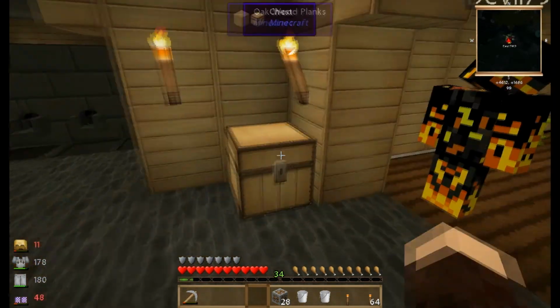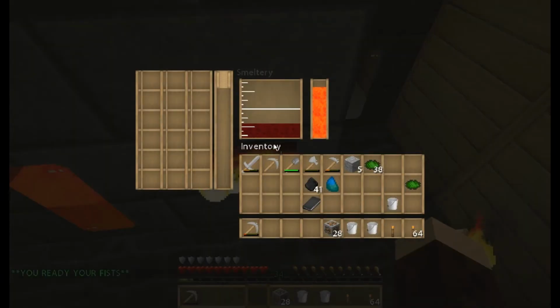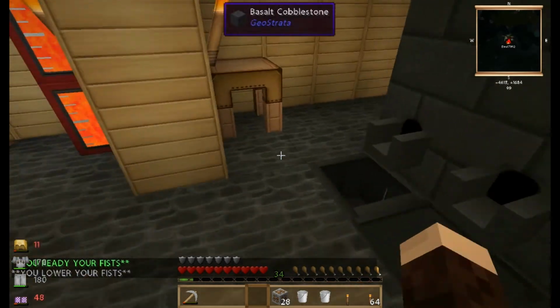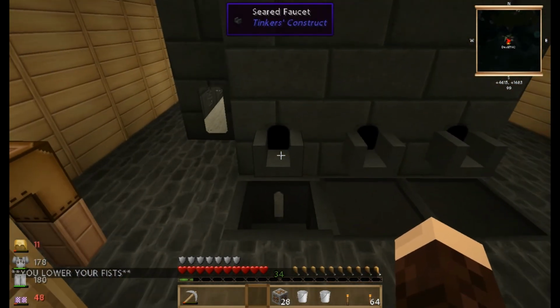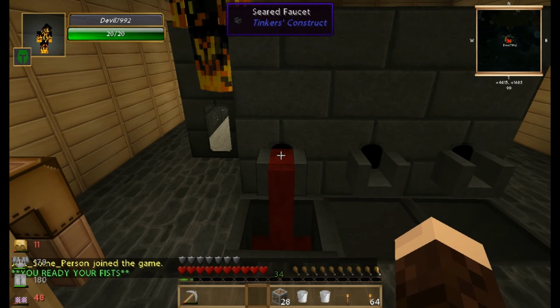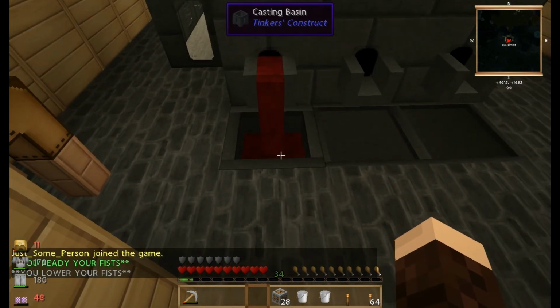While those are growing, let's go ahead and take another look over here at our iron. Alright, we have 36 ingots here, so it's a little bit less than what I had. Well, I guess it's about the same. Yeah, that's 4 blocks. 9 times 4 is 36. Simple math, you know. But to get started, we're going to pour some blocks here, and you just right-click on this faucet, and it'll pour out into this casting bin, like I was talking about earlier,